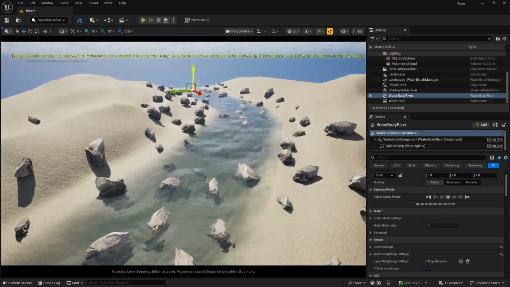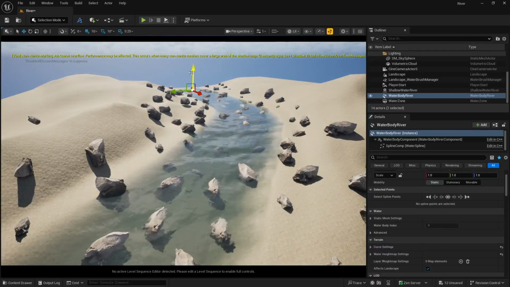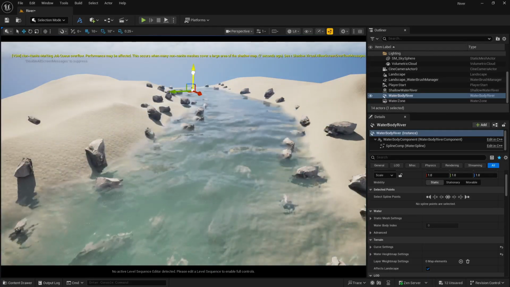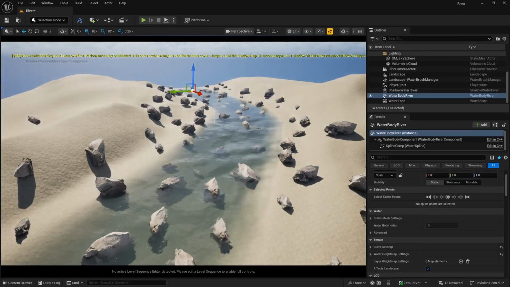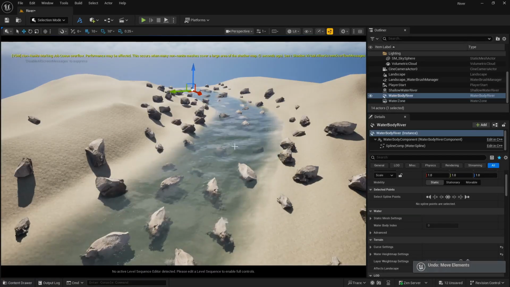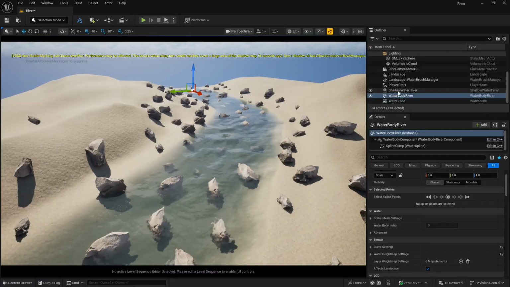So it flows according to my scene here. You can definitely do that as well. Okay, you can see the foam. So you are going to get the result of the foam as well as per your scene that you have created. But let me just do the Control Z here, and let me just show you how you can edit